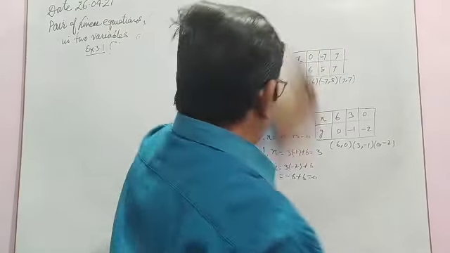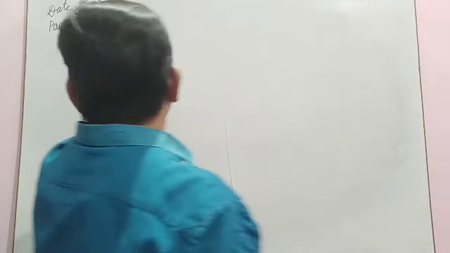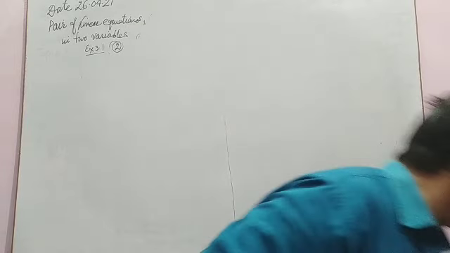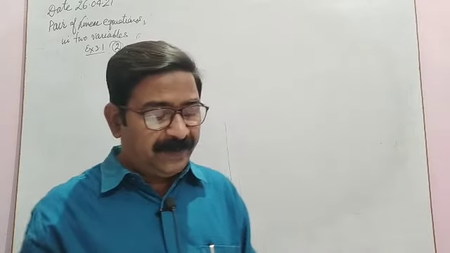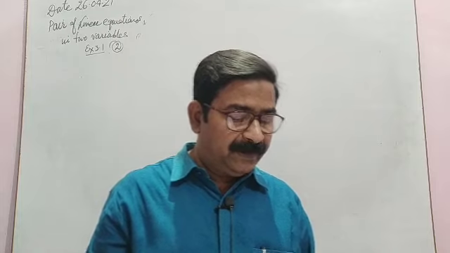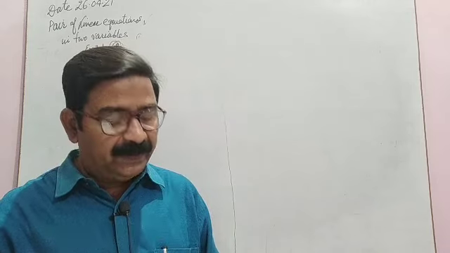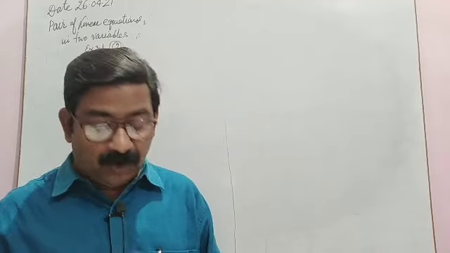Now let's see question number 2. I am reading the question. The coach of a cricket team buys 3 bats and 6 balls for rupees 3900. Later she buys another bat and 3 more balls for rupees 1300. Represent this situation algebraically and geometrically. The same thing. So I am going to form the equation and you will plot the graph.